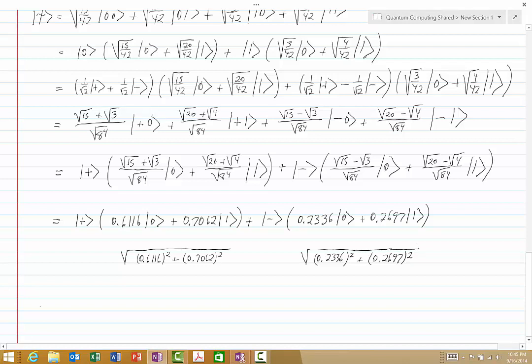And when you do that, you will find the following. Now remember, again, what we're going to do is take whatever this is equal to. We need to divide by that to make this normalized in here, but if we divide by it, then we must multiply by it out front so we don't change the overall expression. And similarly here, we need to divide by this expression to normalize what's in here, but once we've divided by it here, we need to multiply by it out front. And so when you do those mathematical manipulations, you will get the following: